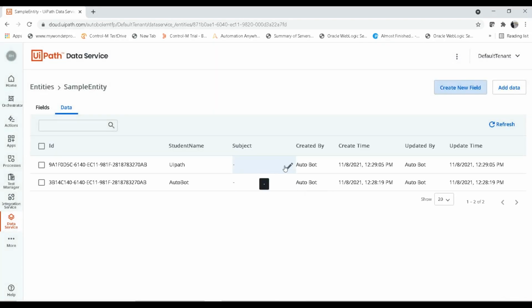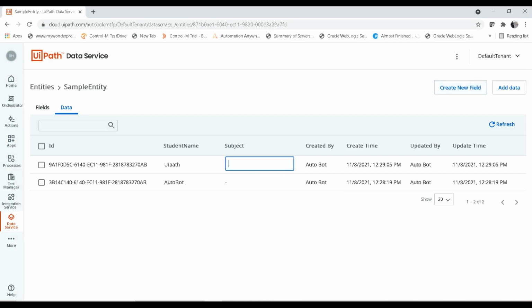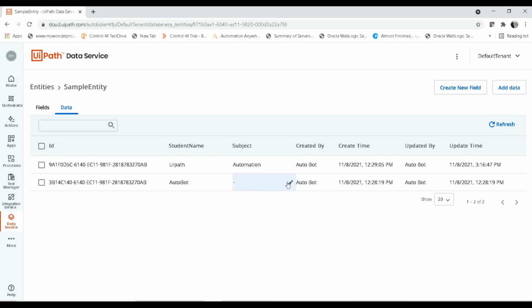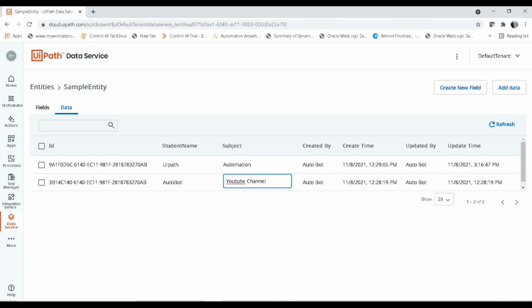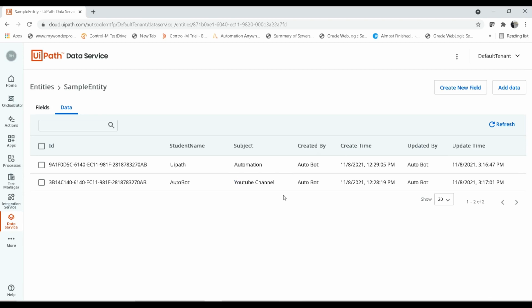Okay, it got created. There is no data for this UiPath. I'm going to just name it automation. Okay, for the Autobot, I'm going to just name it like, okay, so we created one more field and we added the data to it.